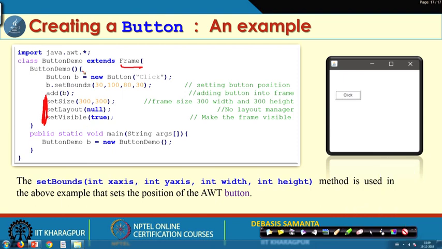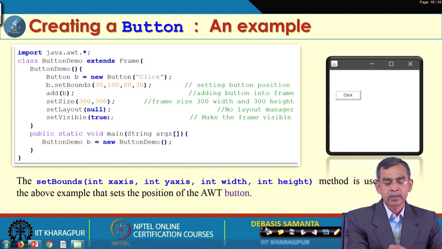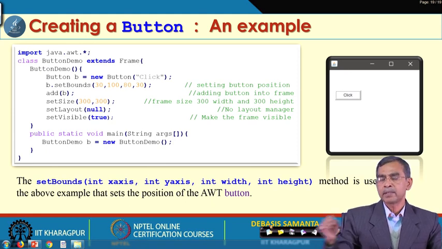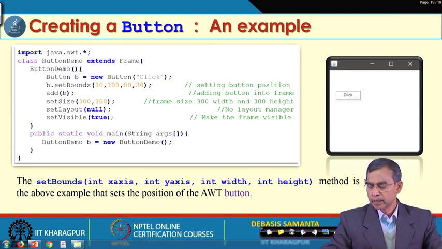And then finally this ButtonDemo b, if you create it, then this class will be instantiated and the frame will appear looking like this. So this is the way the button can be created. Now in the same way, many buttons with different labels, with different background, foreground, and different sizes, different locations can be added into this frame. I have included only one example, for the illustration only. So this is the button.